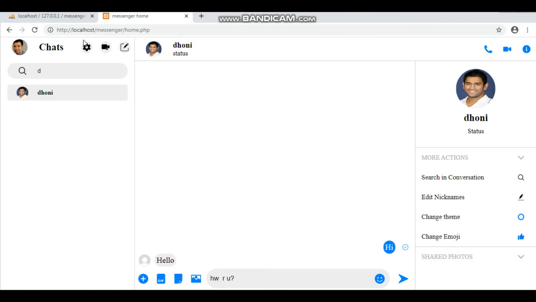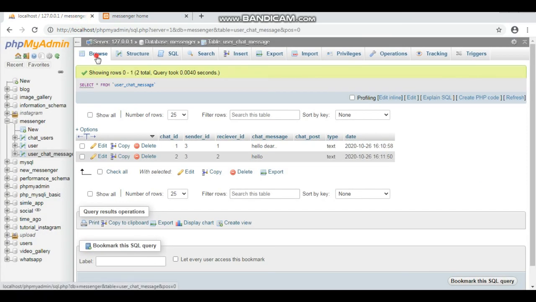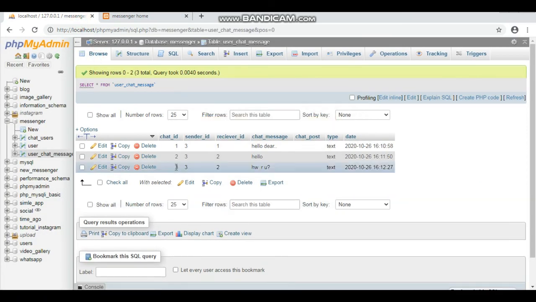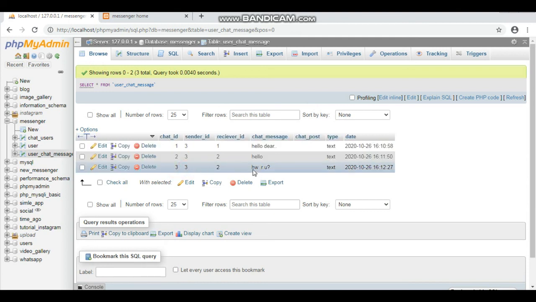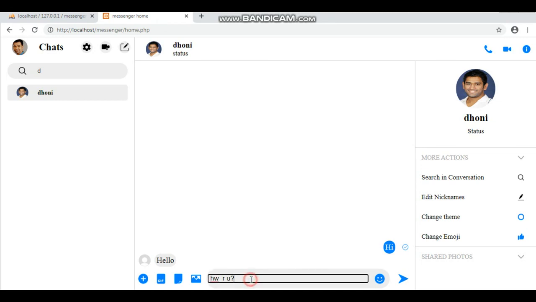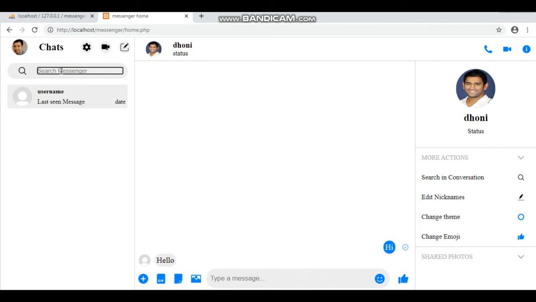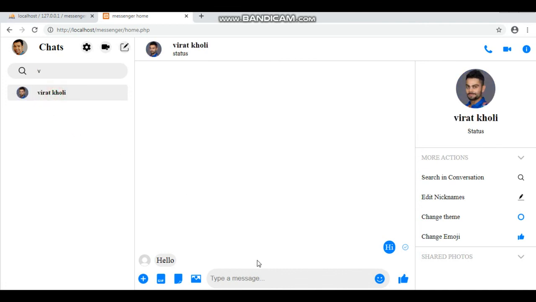Now go to phpMyAdmin. Here check it. Here inserted one more chat message, how are you, and then search, here that is type, send to Virat Kohli.